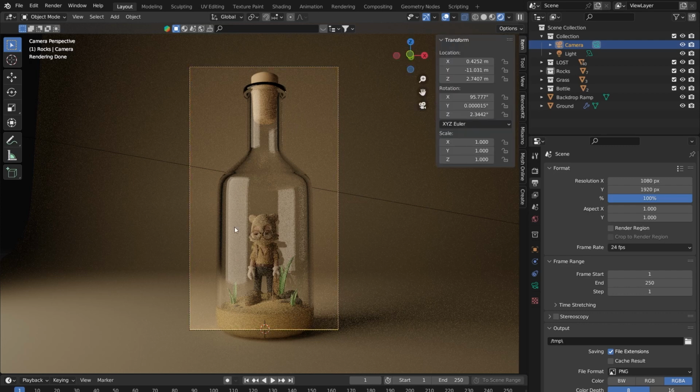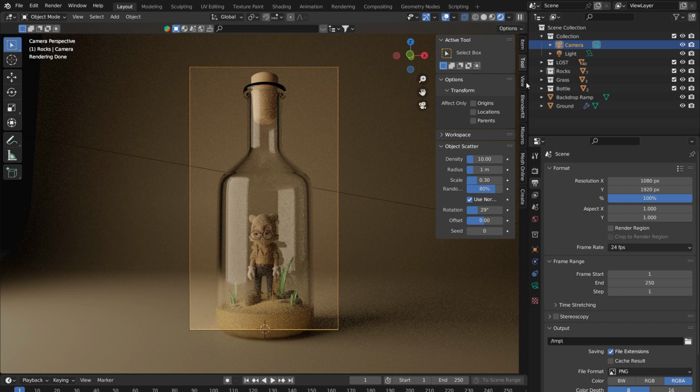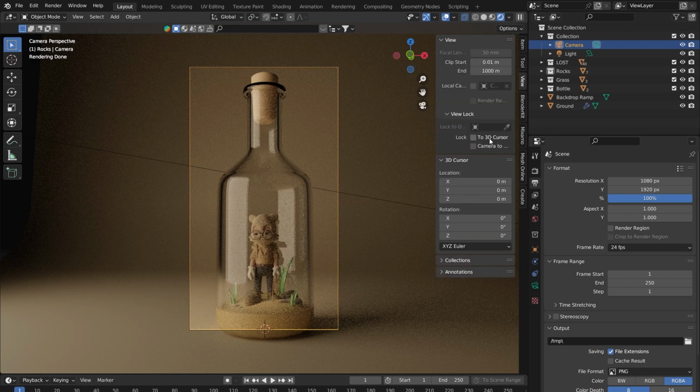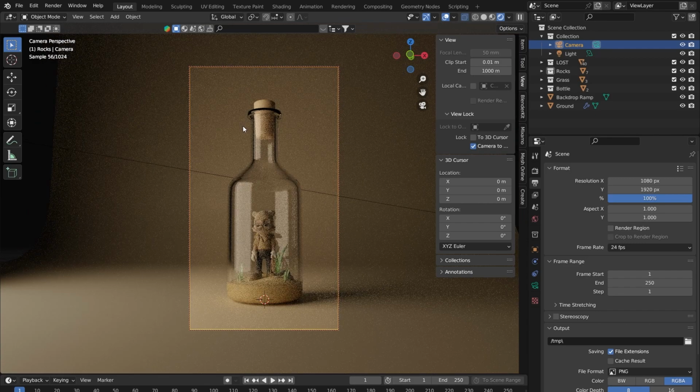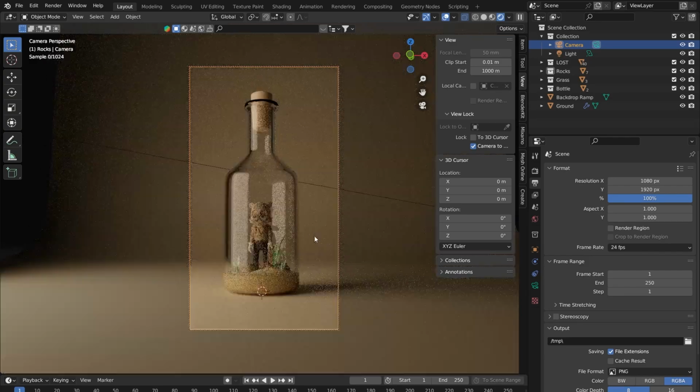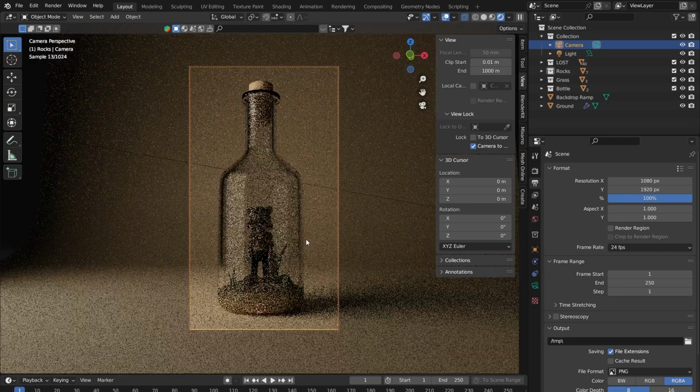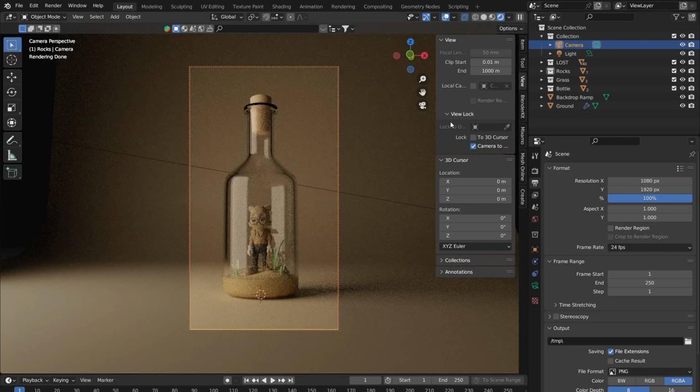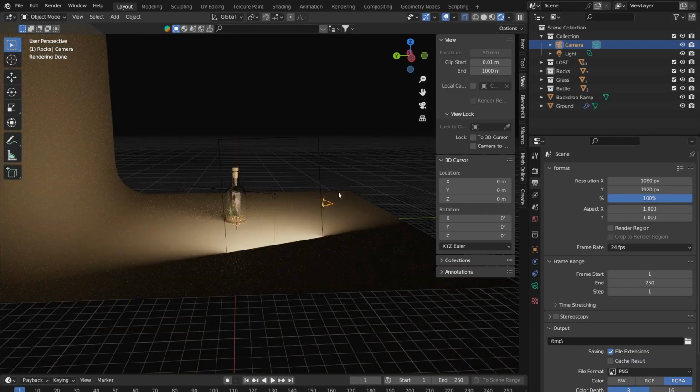If I want a bit more fine control, I can press N to bring up this menu. The third one down, which is view, and then this little checkbox here, which is camera to view. You'll know it's selected when you have this dotted line all the way around your camera. And now any movement you make in the viewport will make to your camera's position itself. So I can then just position the viewport wherever I want. Let's just say somewhere around here. Looks pretty good. And then make sure to take this off. And now your camera will be exactly where you position that